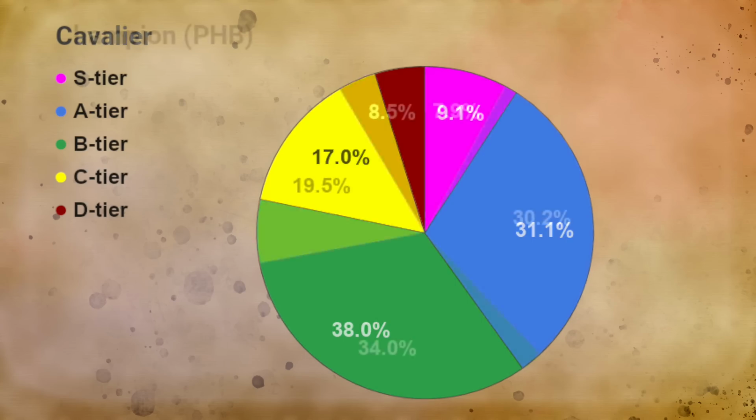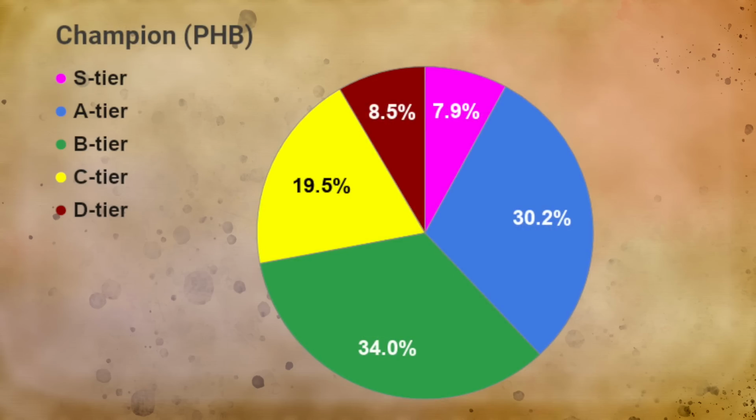When we move on to the Champion, we also get a pretty mixed response here. Moving down the list, if we look at the S tier getting a 7.9%, A was given 30.2%, B tier 34%, C tier at 19.5%, and D tier at 8.5%. A pretty even spread. It does land in the B category,